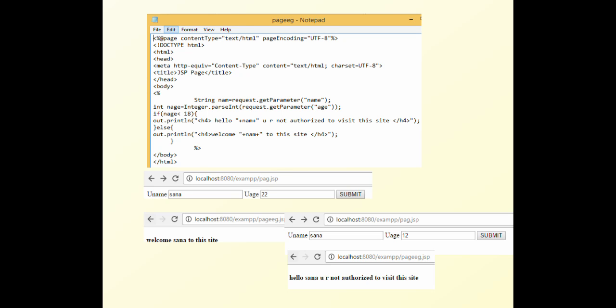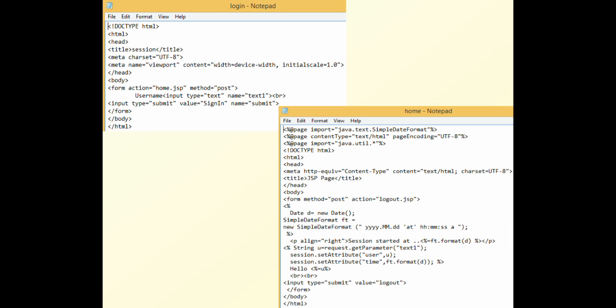If the user is not an authorized person, then we are just displaying a message like, hello Sana, you are not authorized to visit this site.